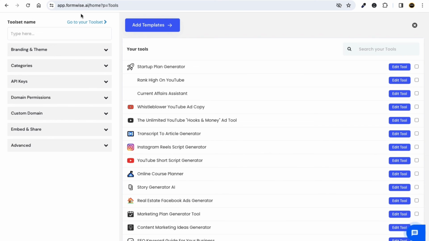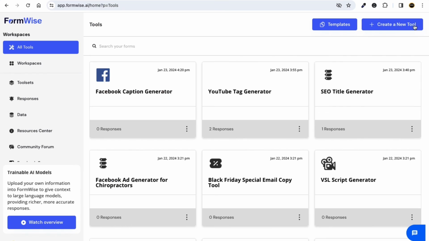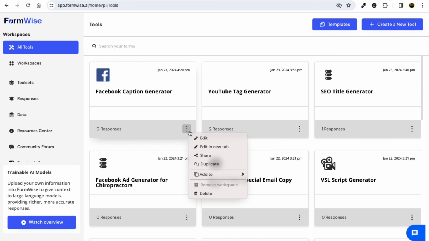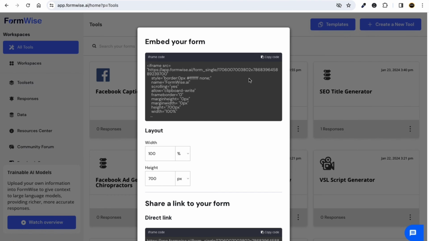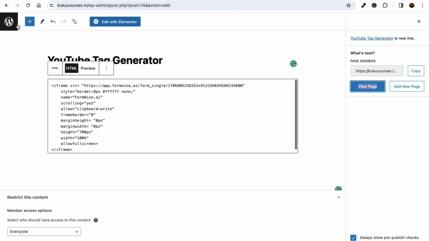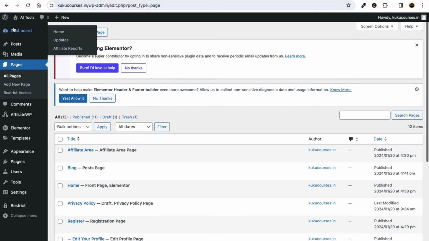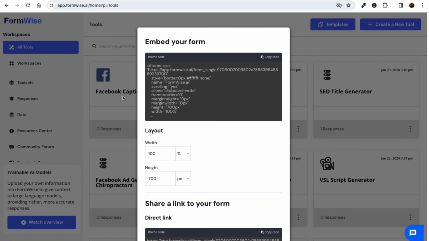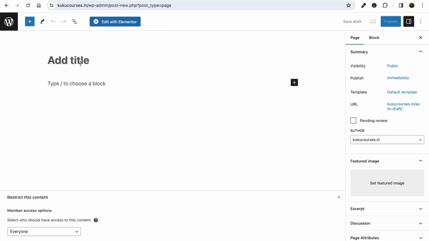Now if you just go to dashboard, if you just cross it, you can see this is going to be added here. So you can also click on these three dots, click on the share button, and just copy the embed code, click on copy code, same like you created your YouTube title generator, SEO title generator, right? So similarly you can again click on this plus button here and click on add new page, and now we have got this Facebook caption generator, right? So I will just put here